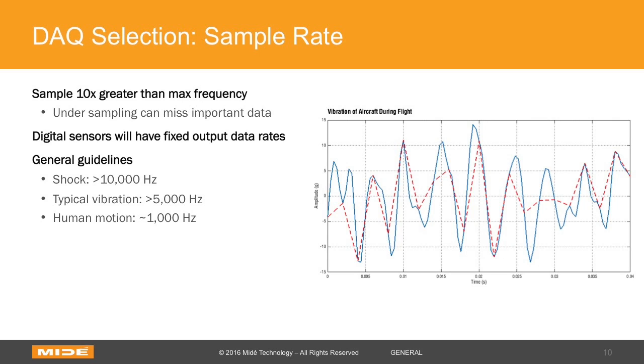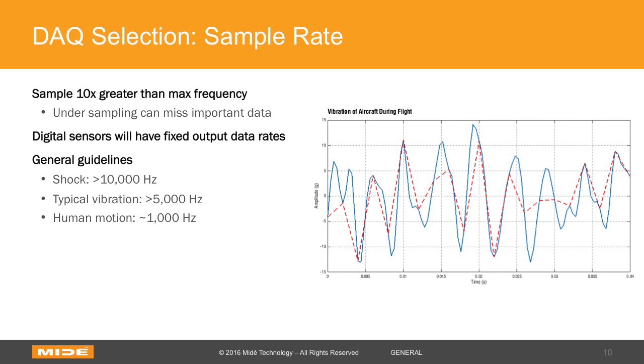DAQ selection that much. Some general guidelines are that for shock testing, you should be sampling at over 10 kilohertz. You'll miss the peak otherwise. For typical vibration environment, you'll need a couple thousand hertz at least. And then for general human motion, 1 kilohertz would be fine. You can maybe get a little lower too if you know that you don't care about higher frequency vibration or shock events. But the key takeaway is that you need to sample quite a bit faster than the frequency range